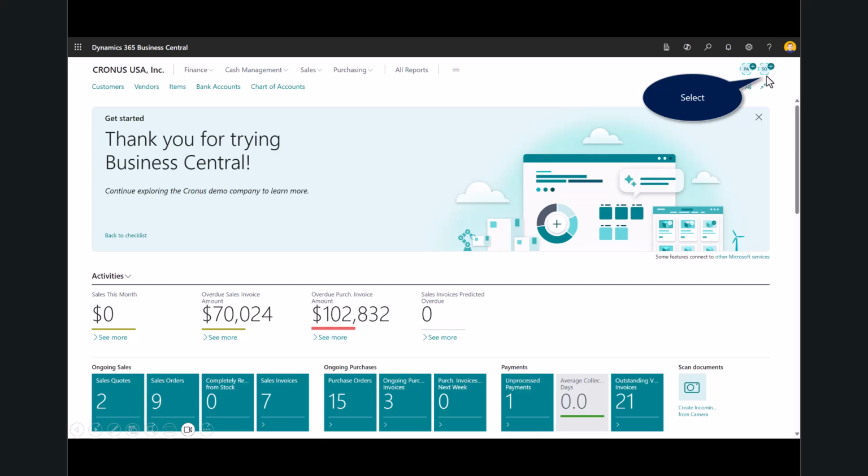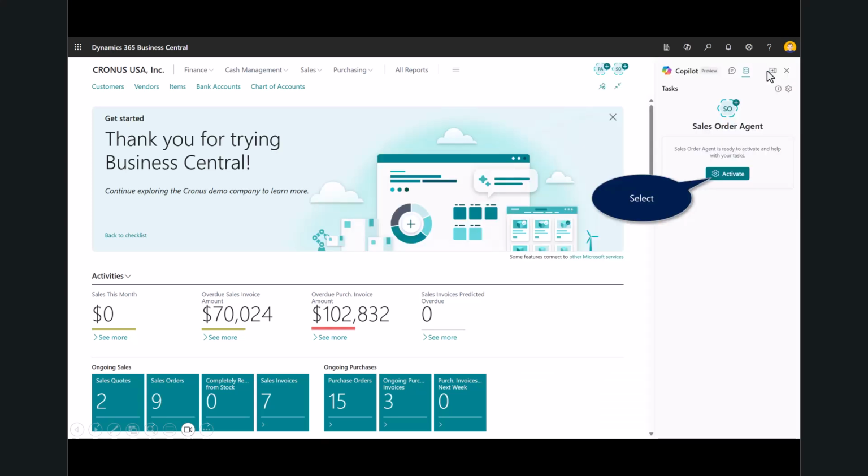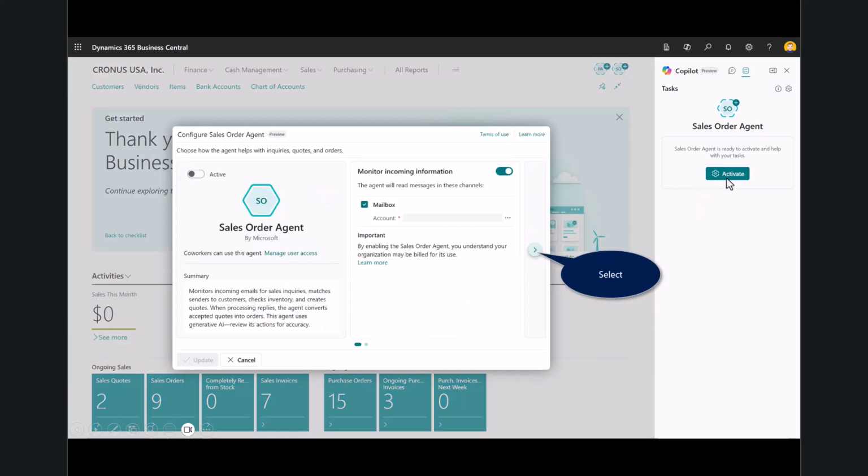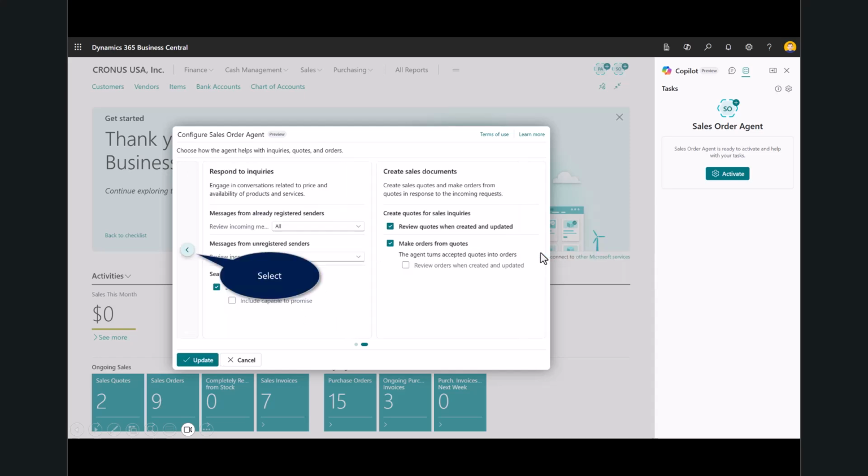Now you'll see for the first time there's a plus sign in the top right corner of the agent. That just means I haven't activated or initiated it yet. So we'll go ahead and select Activate. And before we go ahead and sign up the mail inbox, let's go back to the page here. Here's where you can set up a couple of different actions for the agent on its behavior. For example, you can determine how it responds to messages from existing senders. So you can choose from the options down below.